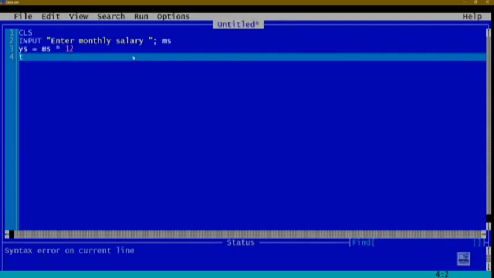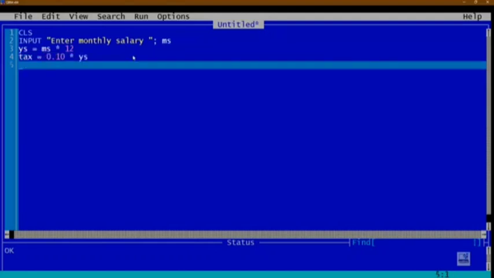So we can write tax is equal to, now you will not write like 10%. If you need to write 10%, you will have to write 10/100. In programming for division, we use slash. So if you need to divide, you write slash. One option. Otherwise, you can write directly 0.10, as you know that 0.10 is equal to 10/100. So either you write 10/100 in bracket or you write 0.10, your choice. So 10% of yearly salary, I can write 0.10 asterisk, means into, YS, yearly salary.